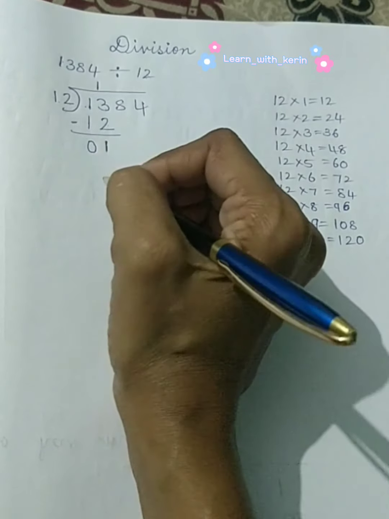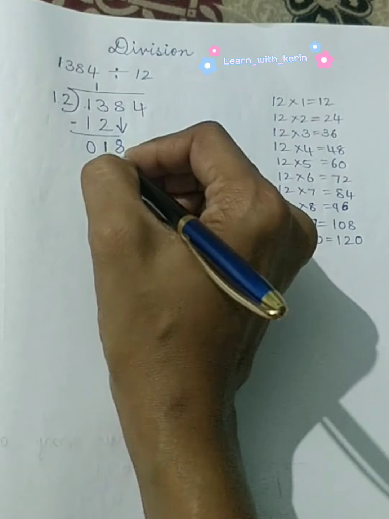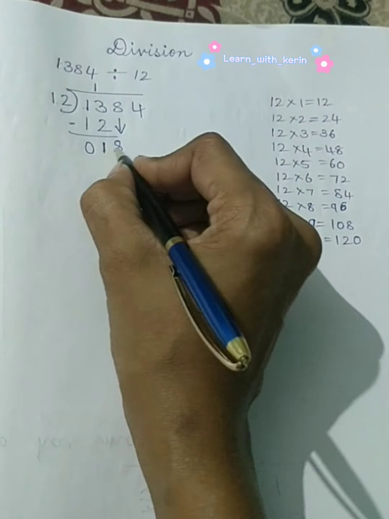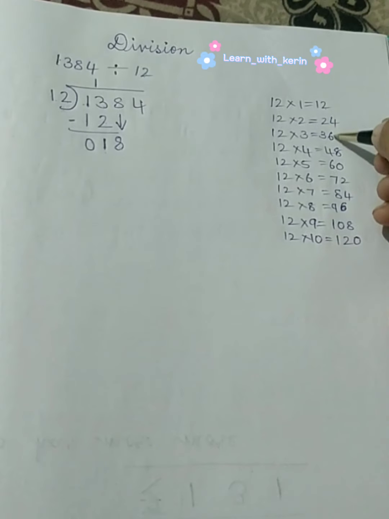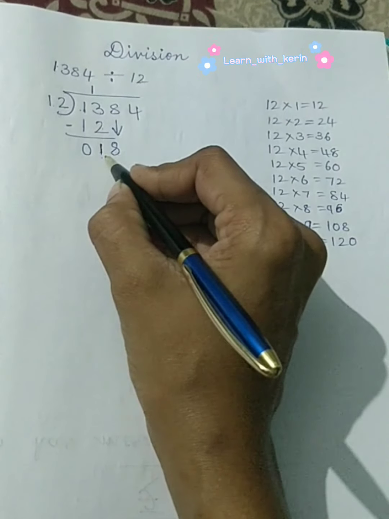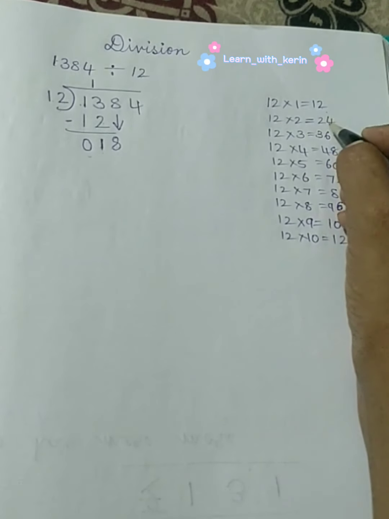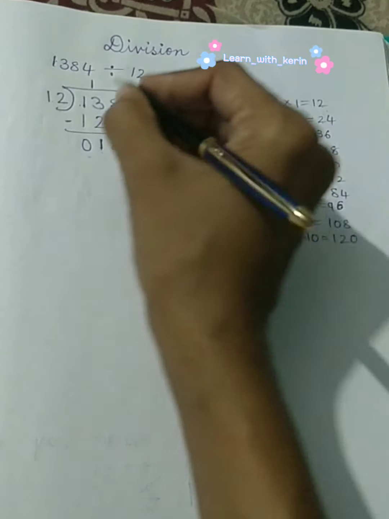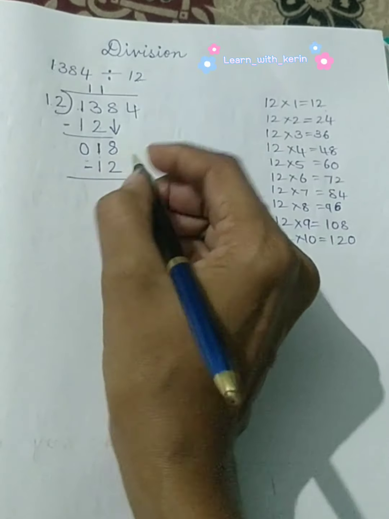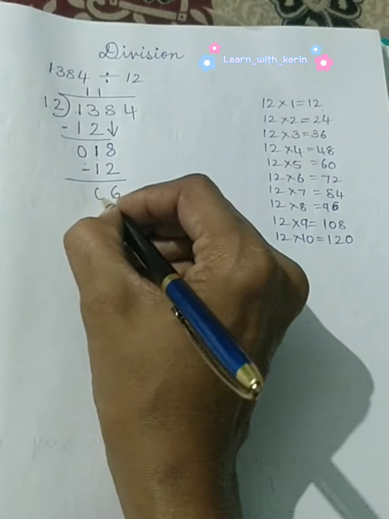Now children, we have got the remainder. We are supposed to bring only one number down. We can bring only one number down once we get the remainder. After bringing one number down, the number became 18. We will search for 18 in the 12 table. Children, 18 is not there in the 12 table. What we'll do here is take a number lesser than 18. So here once again 12 1s are 12 only we need to take because 24 is bigger than 18. We'll subtract 12 from 18. 8 minus 2 is 6. 1 minus 1 is 0.